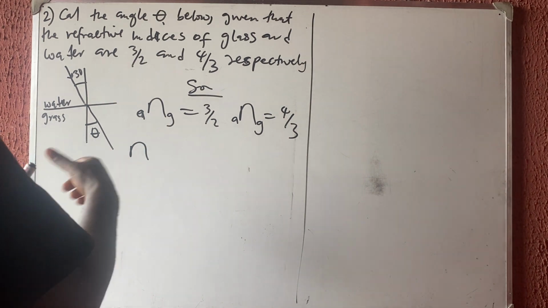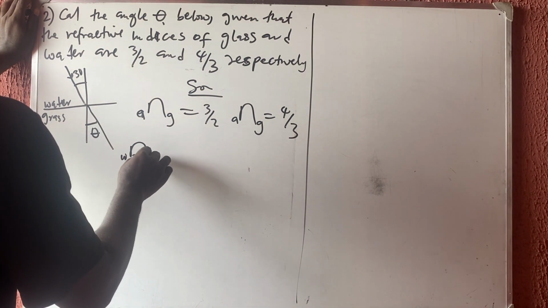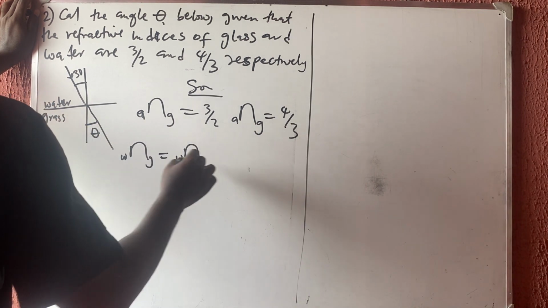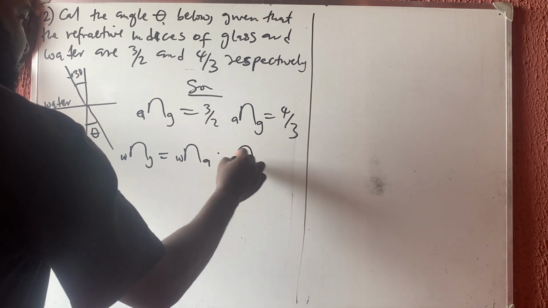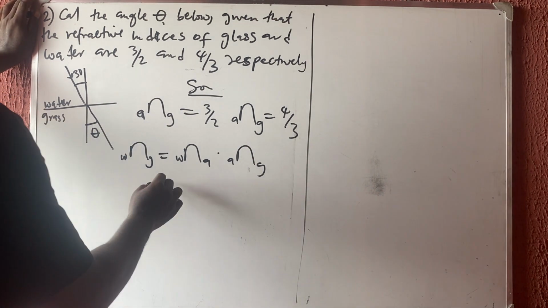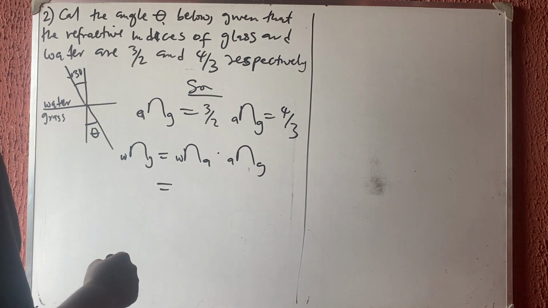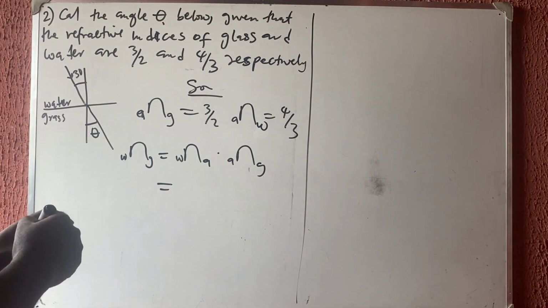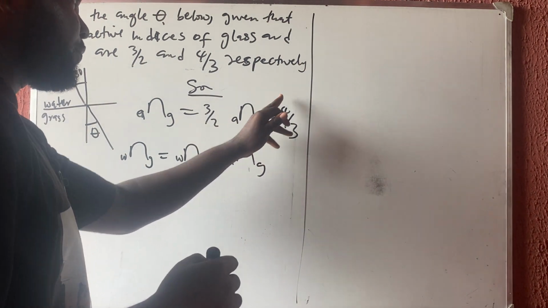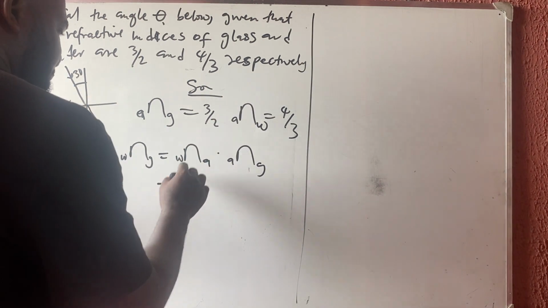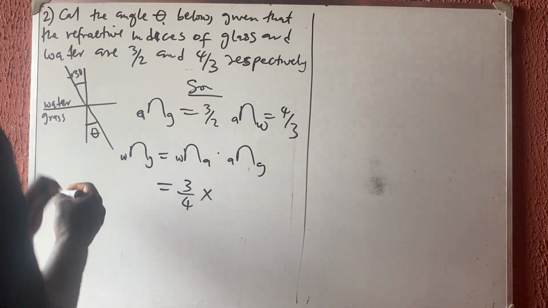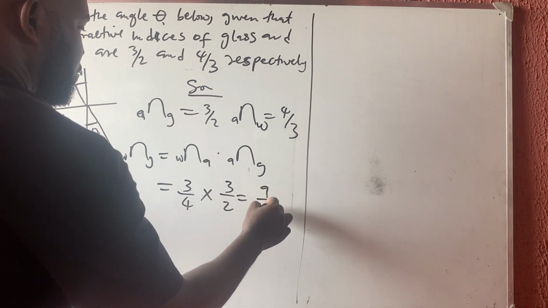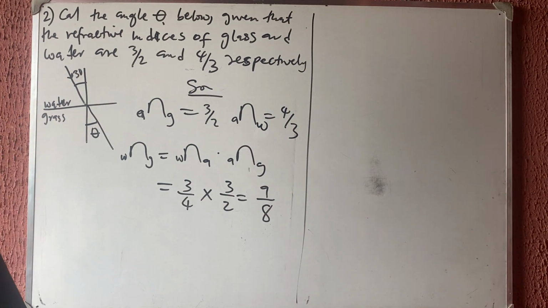Now, for me to go from water to glass, it should be from water to air, then from air to glass. Sorry, this is water, not glass. They say that from air to water is 4/3. Therefore, from water to air should now be 3/4, times, from air to glass, which they gave me as 3/2. If you do that, I'm having 9/8. Okay, this is it. Now, you should know that